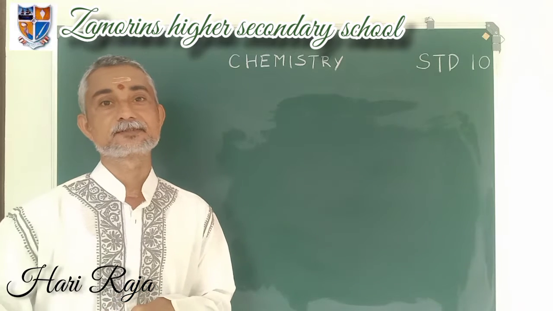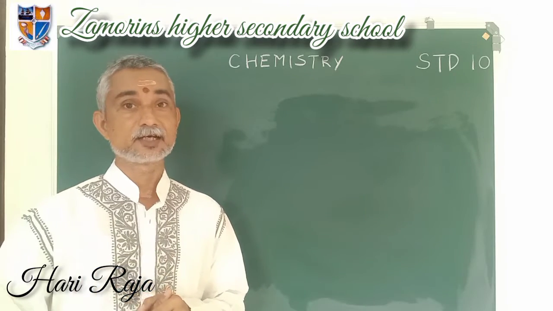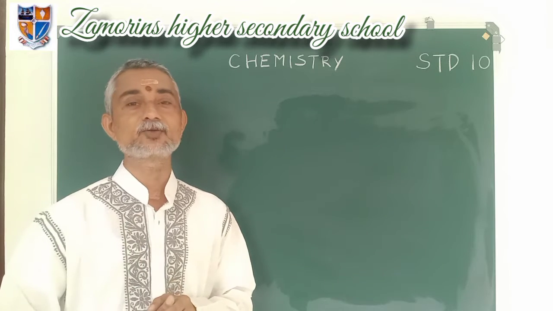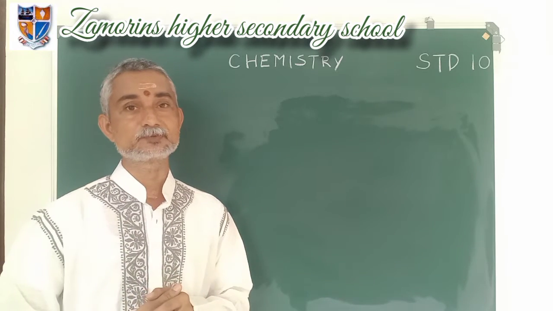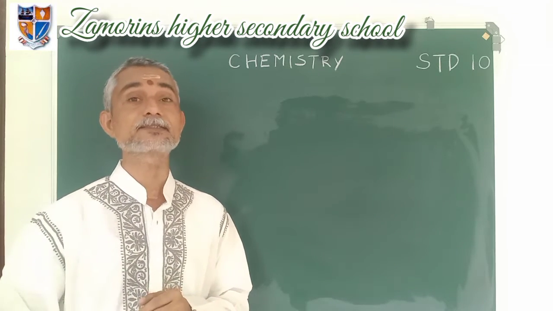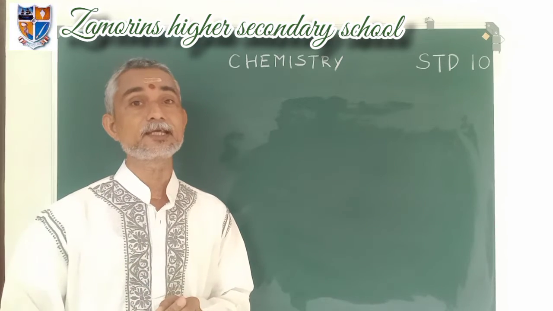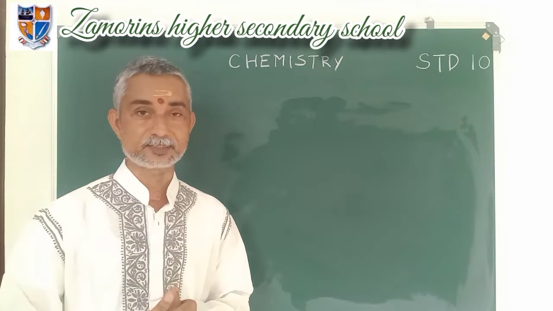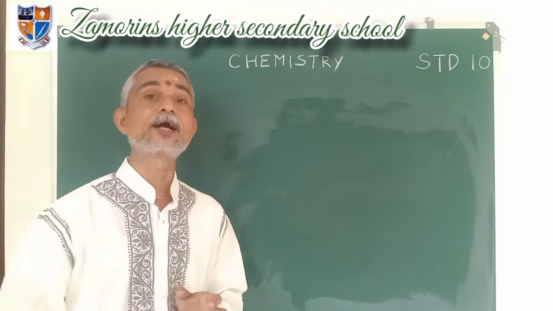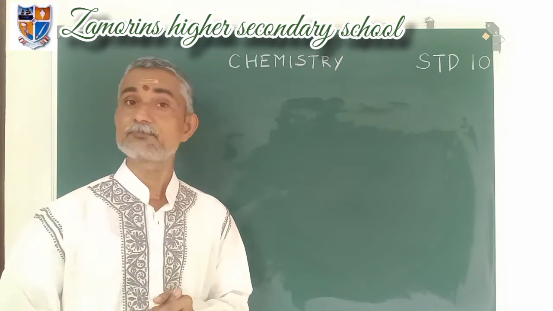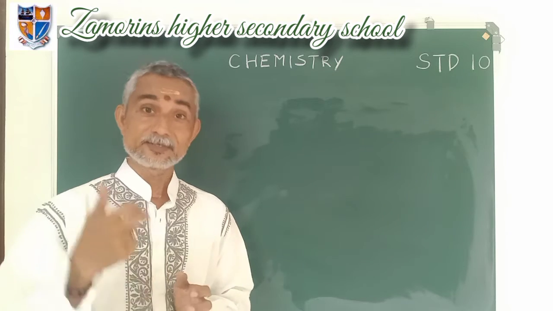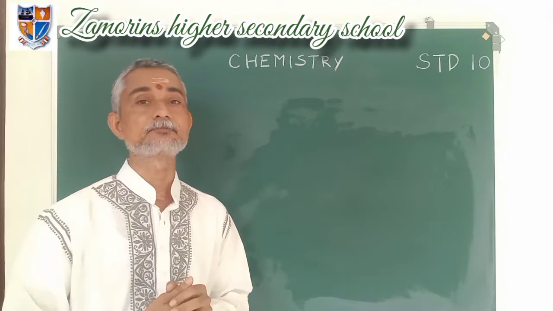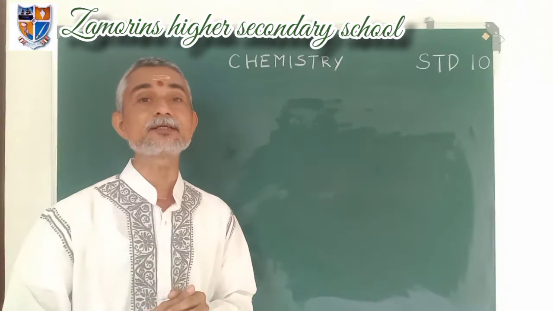Dear students, in the previous class, we have discussed Boyle's law, Charles' law, Avogadro's law, and relative atomic mass. Then finally, carbon plus oxygen gives carbon dioxide. How many gram is there in the carbon dioxide molecule? Now we can move to a new topic, a new term, gram atomic mass.